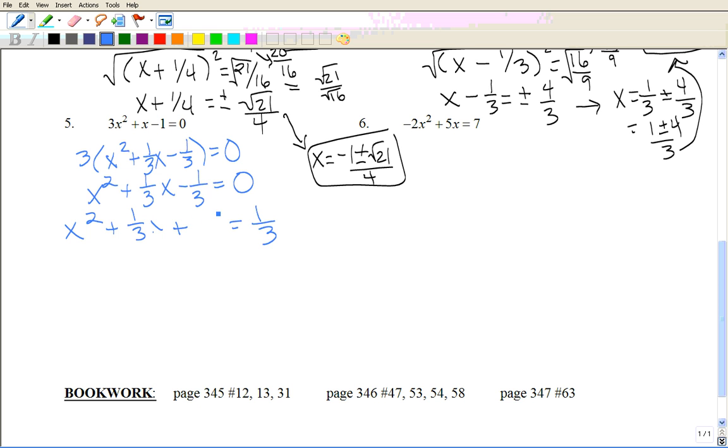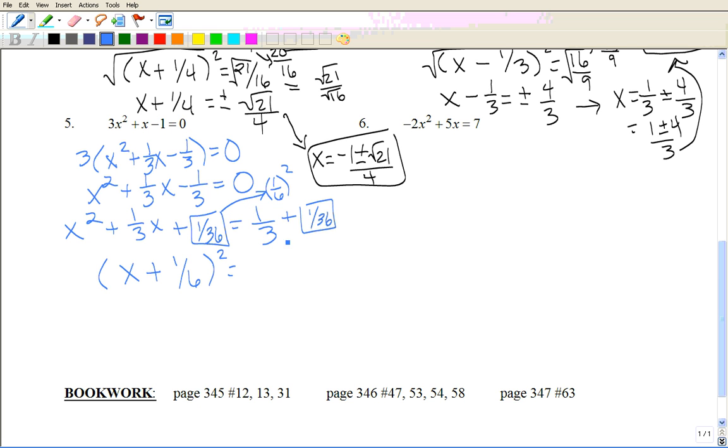Fill in your boxes. So here the box will be, so 1/3 divided by 2 is 1/6 squared. So 1 squared is 1 and 6 squared is 36. So we're going to fill in 1 over 36 in each of the boxes. So our left-hand side is a perfect square trinomial, so we have x plus half of a third is 1/6